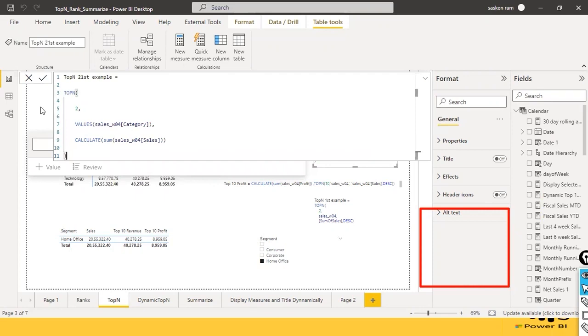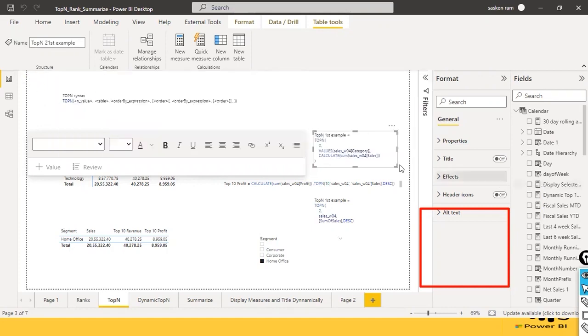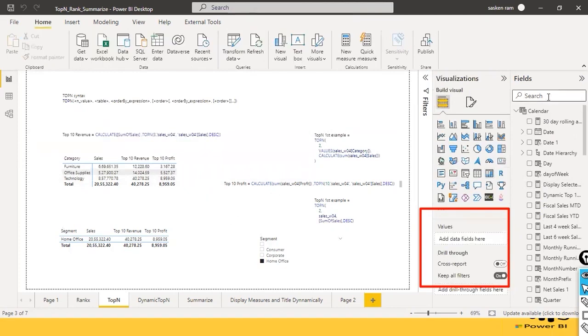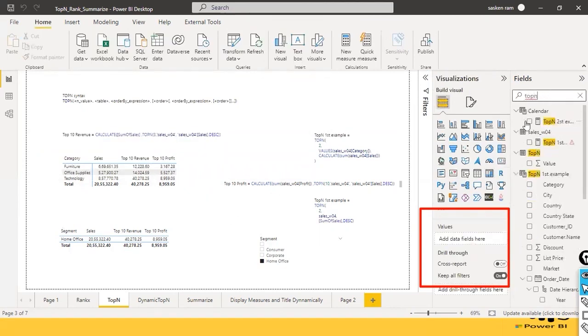Look here, a table is also possible. You can create a measure, and you can create a table also with the TOPN function. So now I just go here, TOPN, first example, right? Look here, it got created as a table. If you go to this one,